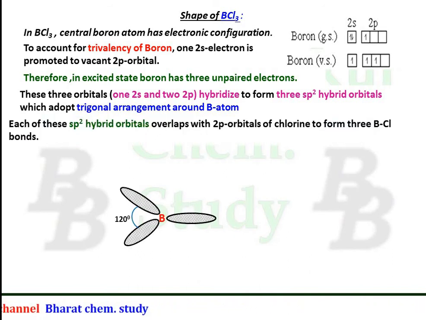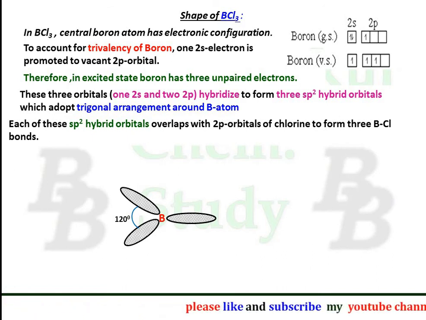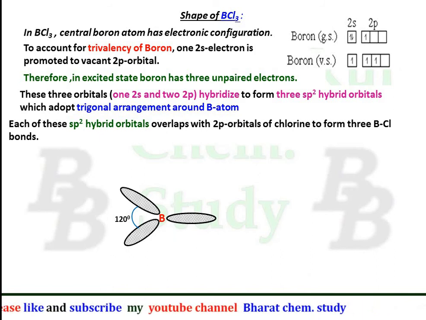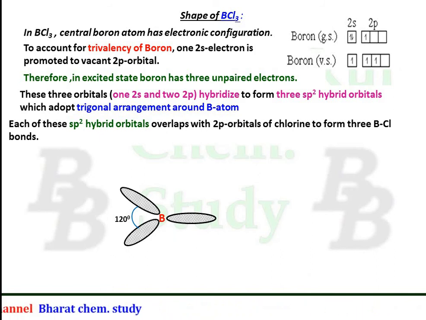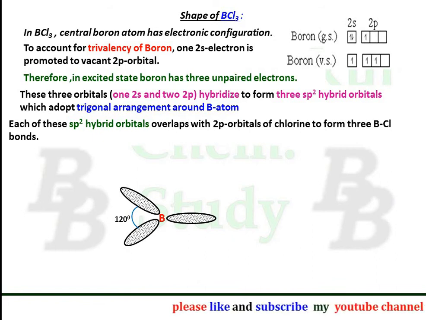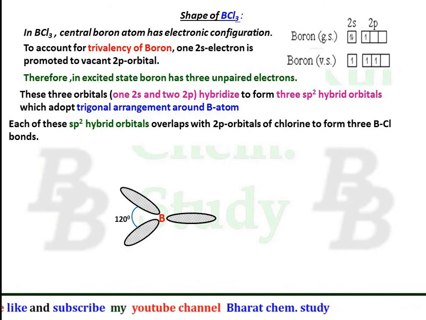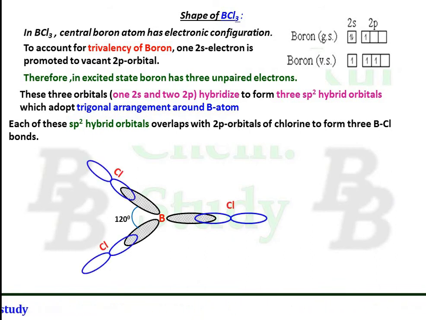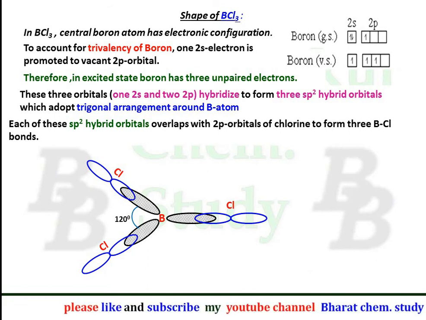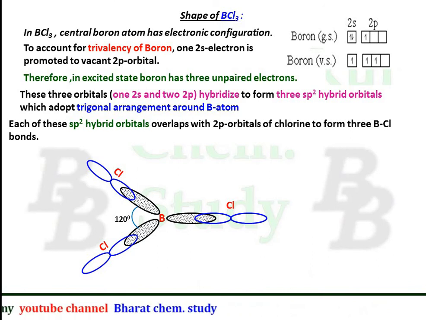And during the formation of BCl3, each of these sp2 hybrid orbitals overlaps with a 2p orbital of chlorine, because chlorine has its last valence electron in a p orbital. That's why chlorine forms bonds with the help of its p orbital. So each chlorine shares its p orbital with the sp2 hybrid orbital of boron like this